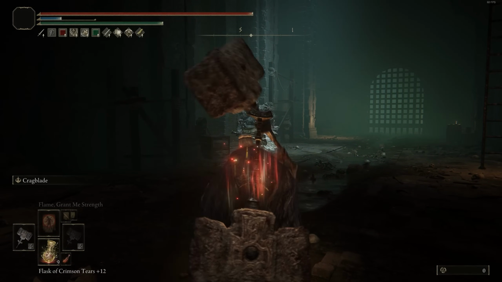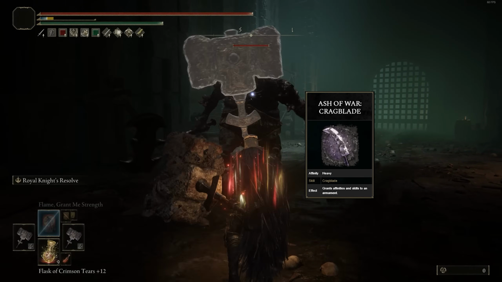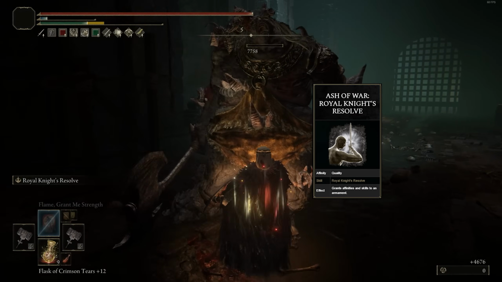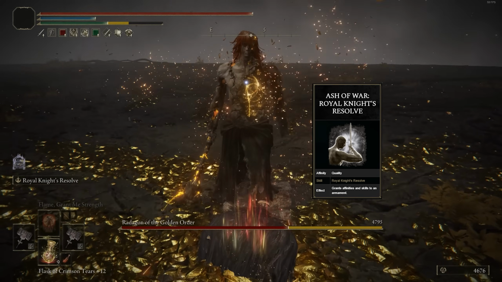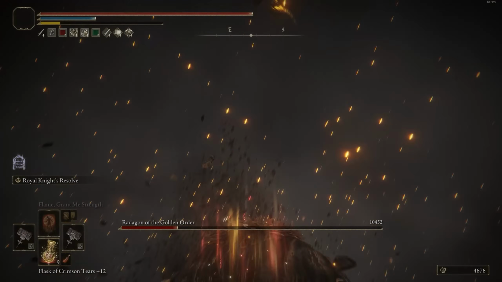And in our offhand, we're going to have one infused with Cragblade, which does boost our physical damage by 15% and add 10% more stance damage. And in our main hand, we're going to have Roll in that Resolve, which boosts our next attack by 80%. Now, you can actually have Cragblade on both if you wanted to. I'm just going to go Roll in that Resolve to maximize our damage